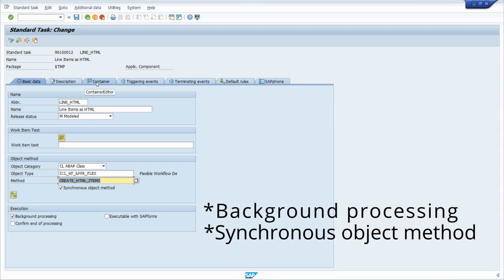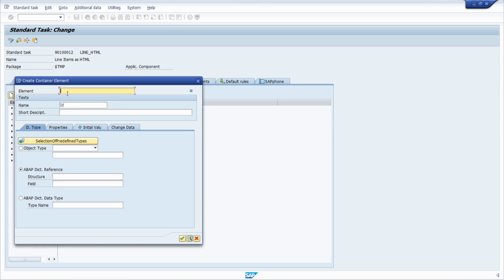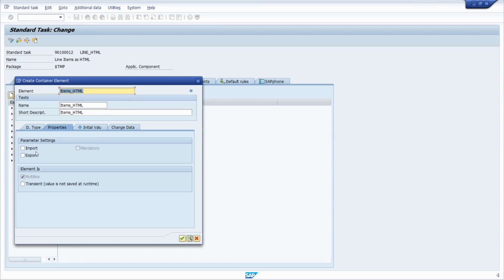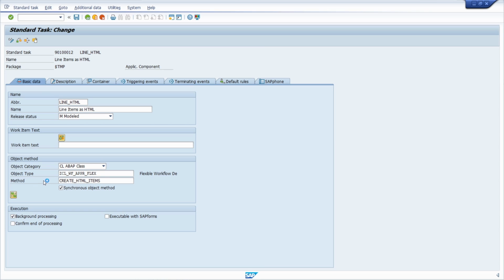And then let's check into the task container, that here basically we have one IT items, and we also need for create elements the items as HTML. So then let's make sure that this is also the right table type. So with importing, exporting, this is fine. This is also fine. And let's check the binding, because here basically the magic itself happens, because here we are